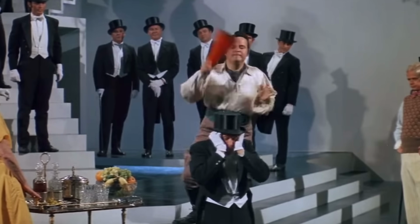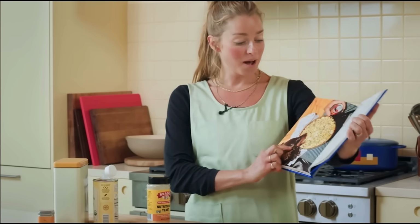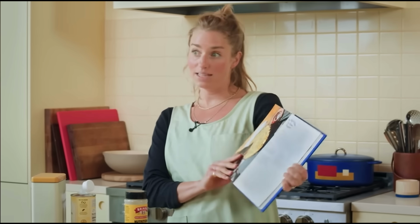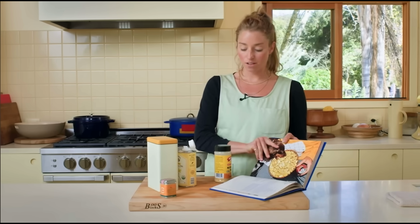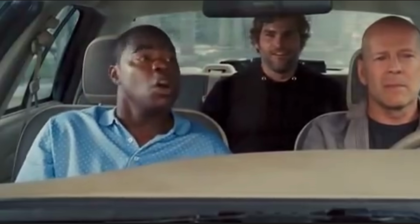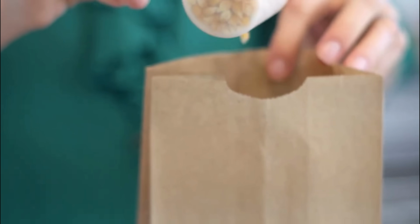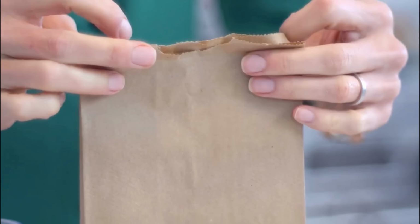Wrong! We're gonna make this. It's bright yellow the way fake movie butter popcorn looks, but it doesn't taste fake because we're getting the yellow color from turmeric and nutritional yeast. No. Some of my favorites are avocado oil, ghee, or expeller pressed coconut oil. No. About a quarter cup of popcorn right into the bag, and then you're just gonna fold